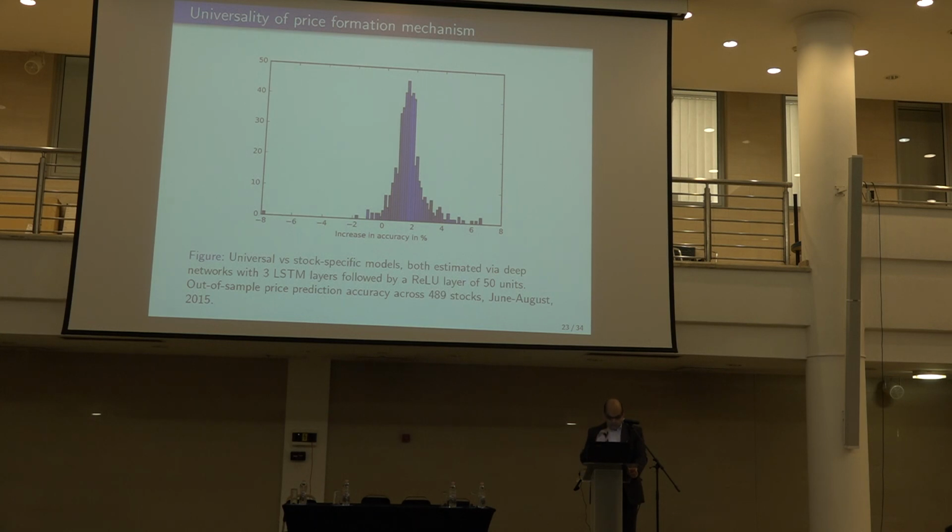Now, this is more interesting. Now you compare the accuracy of the single stock model with the one where you pool all the stocks together, which again is not a natural idea in this literature, and then you both train them with the same architecture. Now, what we see here is the increase in accuracy, how much the universal or joint model is more accurate in forecasting than the single stock model. So you can see that on average, it's something like 2%, and for some stocks, you go up 4 or 5%.